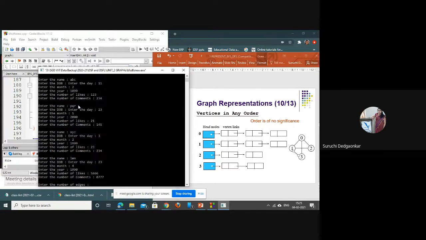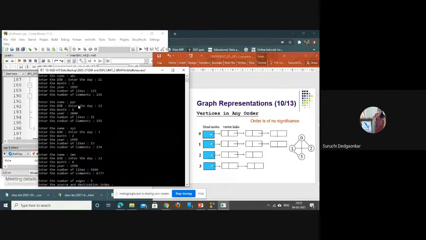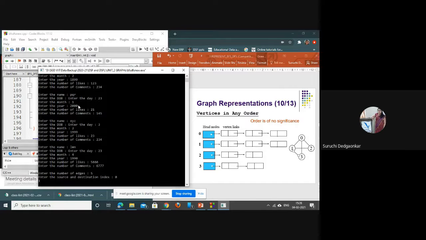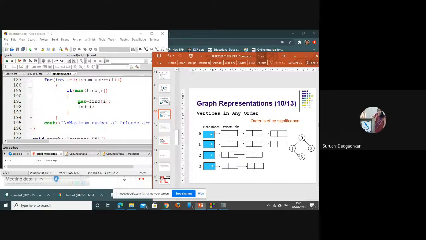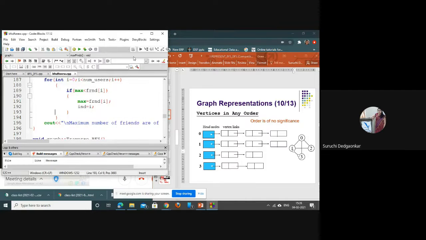And then it is asking me for the number of edges. So there are 5 edges. For every edge, enter the source and destination index. So I will say 0, 1, then 0 to 2. Okay, I'll execute it afterwards and we can discuss in the next practical.